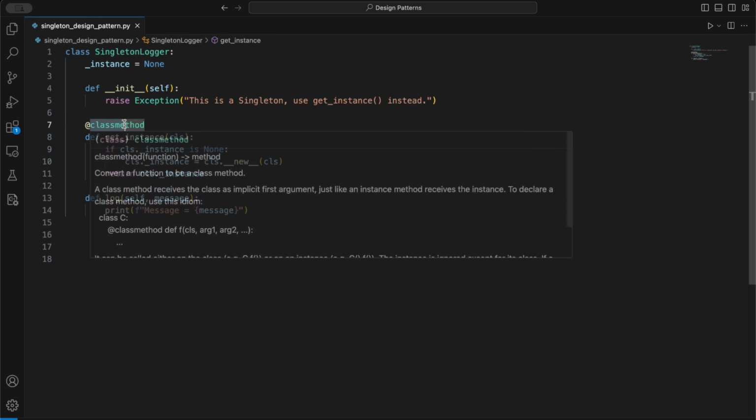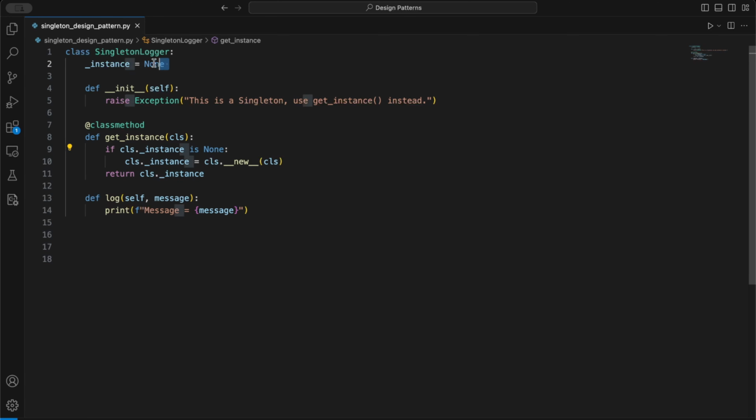Because we decorate this method as a class method, we will have access to the class. And if the class instance is None, so if this variable is None, we're going to create a new instance of the Singleton. And notice here, I use the __new__ method instead of the __init__ method. In Python, this method is executed before the __init__ method, and it actually creates the instance of a class. So if we call the __new__ method, this method will not be triggered and we will have a new instance